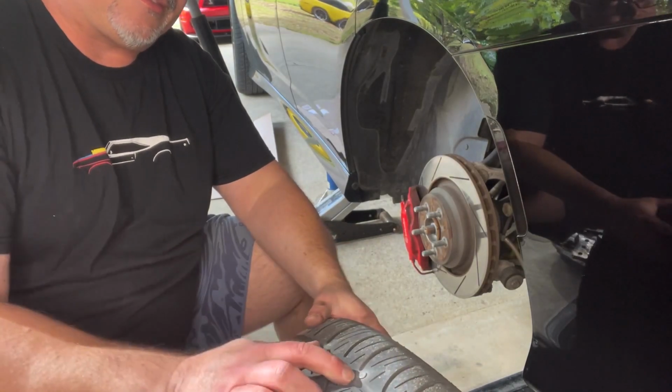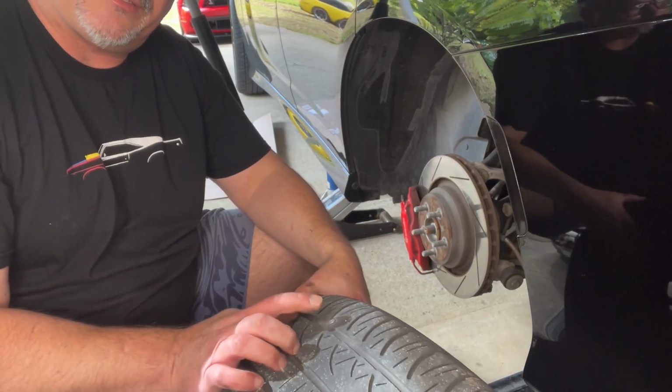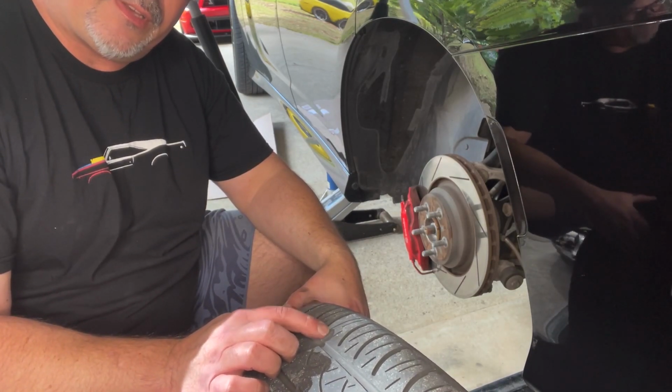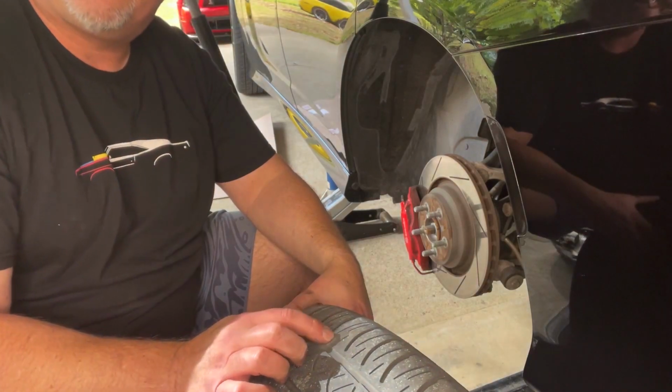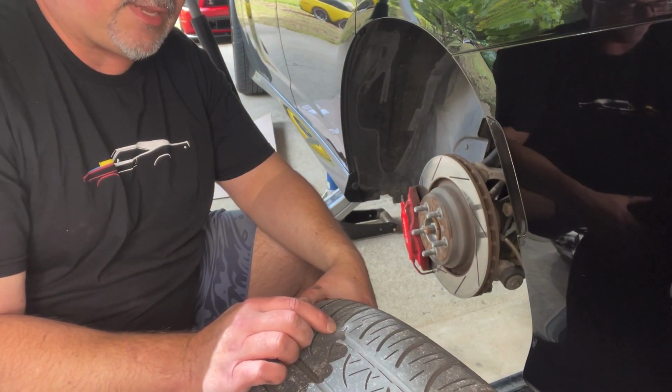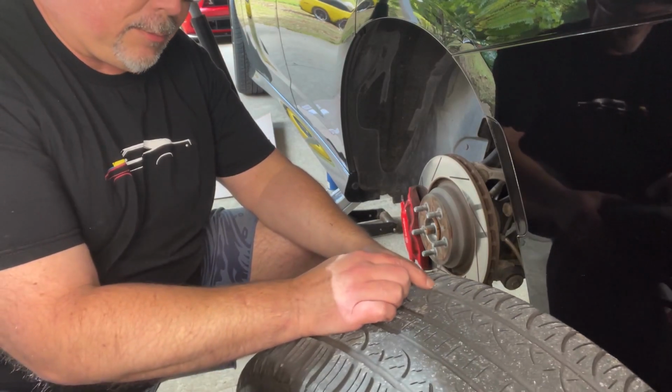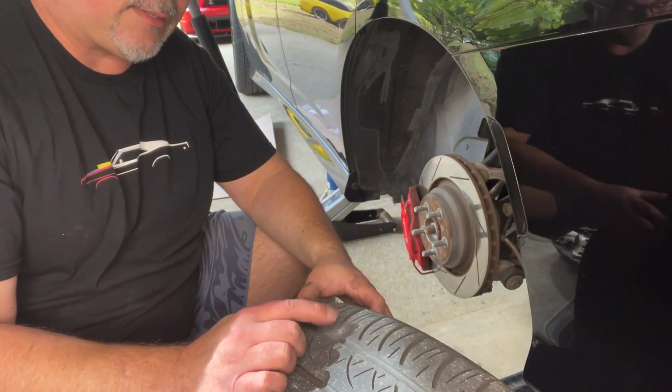So look at that, guys. There's a screw in my tire right there. You can see it? So I guess there's a reason to go ahead and get the 305s. Damn, that sucks. Hate that. Probably could get that plugged, but